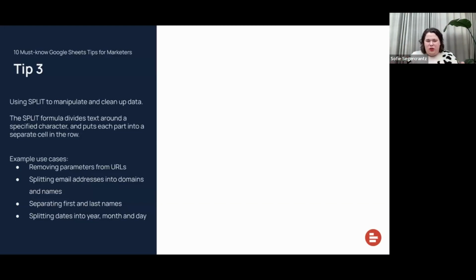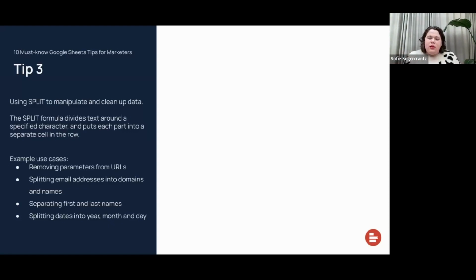There might be additional parameters in a URL if we're pulling from Google Analytics, or we want to analyze a list of emails and split them into names and domain parts, or if we have a date and want to split it into year, month and day in separate columns for some analysis,